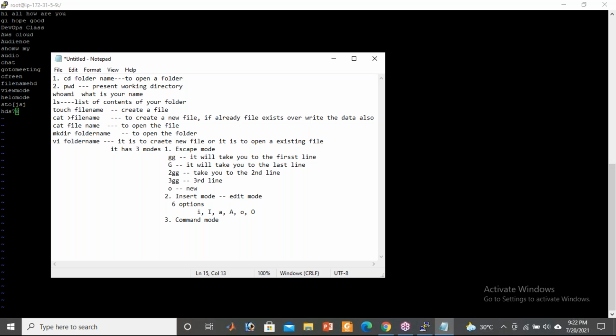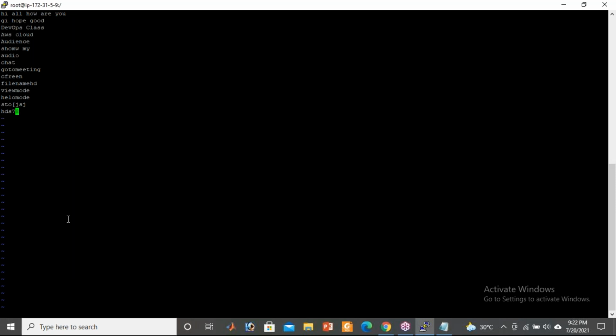Small o is insert mode. Now example, I want to copy a particular line, guys. Third line I want to copy, and paste it somewhere in the 7th or 8th line.